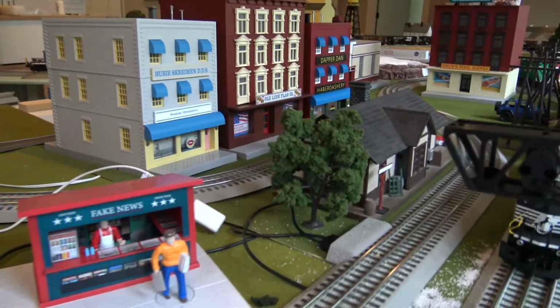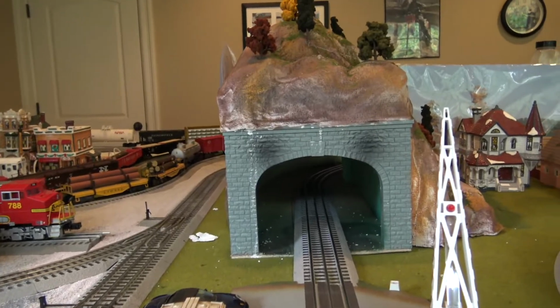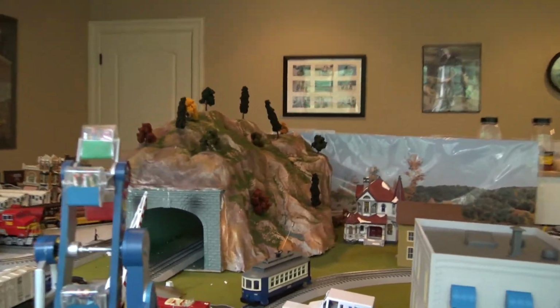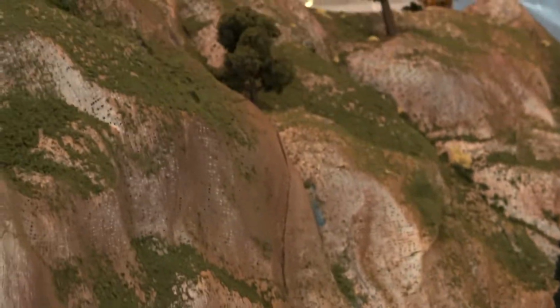So continuing on the main line, it will proceed into the tunnel which I call Mount Skinner. My mother helped me build that tunnel. Let me just zoom in on it a little bit. So it enters that tunnel. There's a little waterfall thing right there, followed by a little pond down there, some trees, and it'll come out